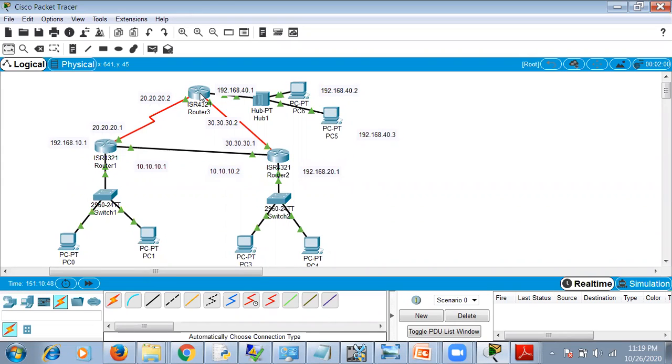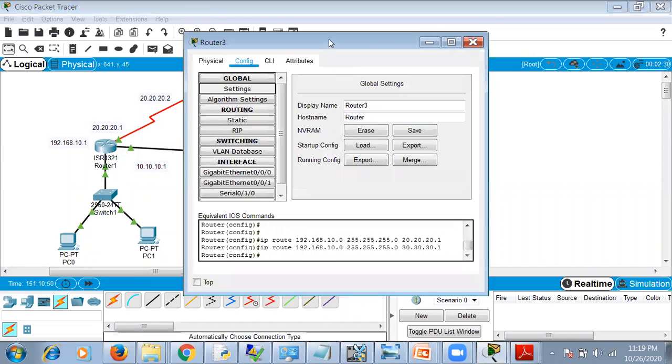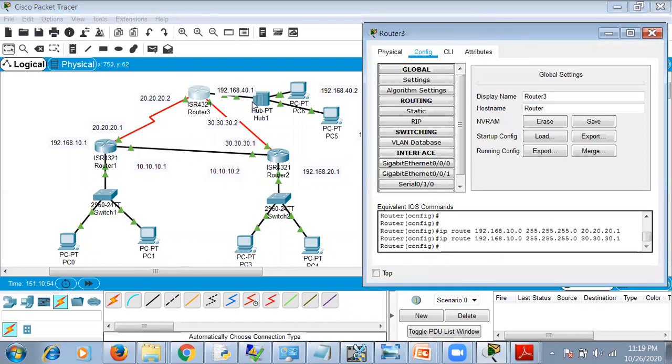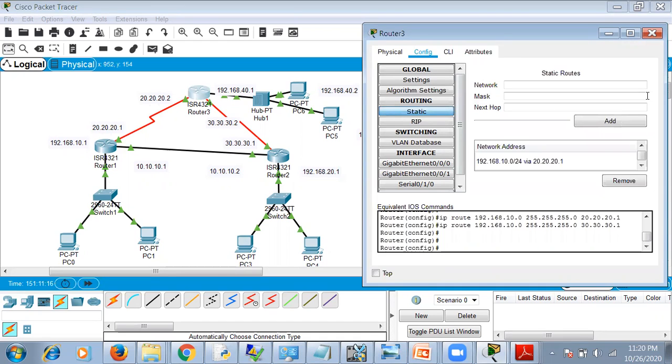Now we'll set the static routing in the router 3. So once you send a message from PC0 to PC6, the acknowledgement has to be sent back again. So again, we'll give it two routes to go for PC0. So you have a path either using R1 router or R2 router. So we have to give 20.20.20.1 or 30.30.30.1. So click on static. So I've added the routes here. So to go to the 10 network, we have one path that is using 20 link address or using 30 link address.